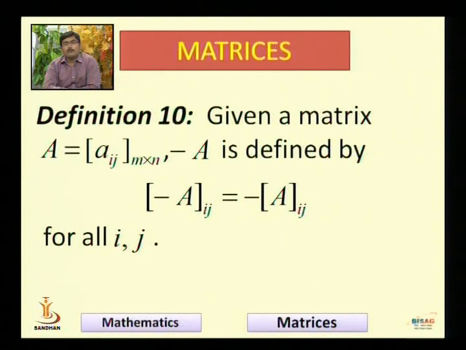With this notation I also simultaneously define what is the negative of a matrix. Now, negative of a matrix, why do we call it a negative? We will see in a moment. See, if I am given an m by n matrix, that is Aij, then I will multiply